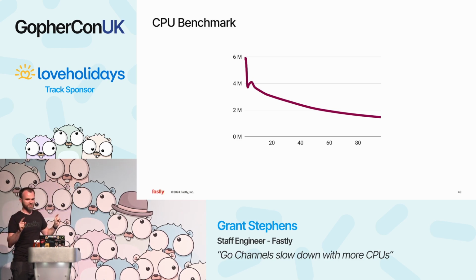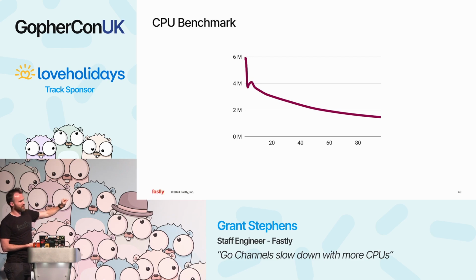Now, side note, some of you might have noticed, Phil got 10 million, I'm only getting 6. We had some slight differences in number of bytes sent and stuff like that. It's in the ballpark of the same amount for now. Let's just call it that. Testing methodology changed. I also had some wrappers around things to do some extra stuff. Anyway, we started at 6 million for low CPU counts.